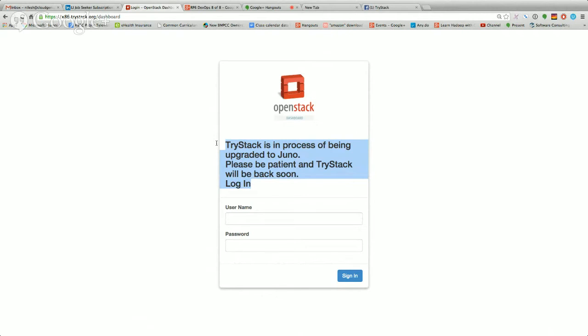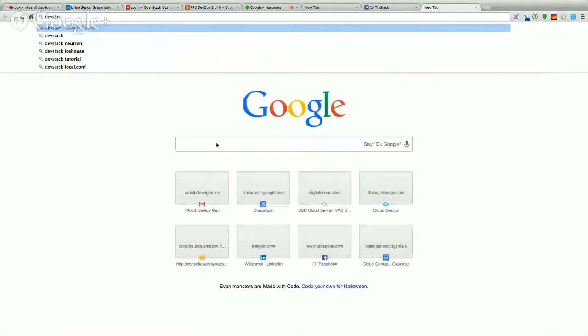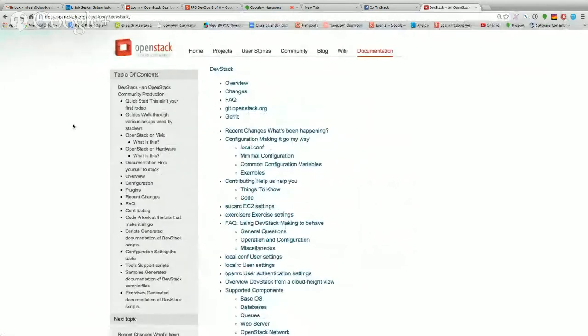For those who do not want to give out their Facebook account, you have to set up your own virtual machine and run DevStack. DevStack is open source, and you have to run it yourself. This was the other option before I found out about TryStack, where I was planning on running DevStack on a virtual machine that you already have. You need a machine with a good CPU.